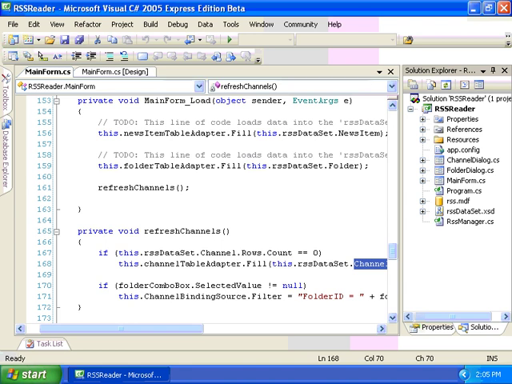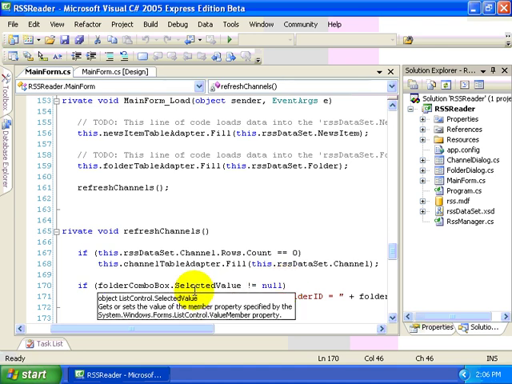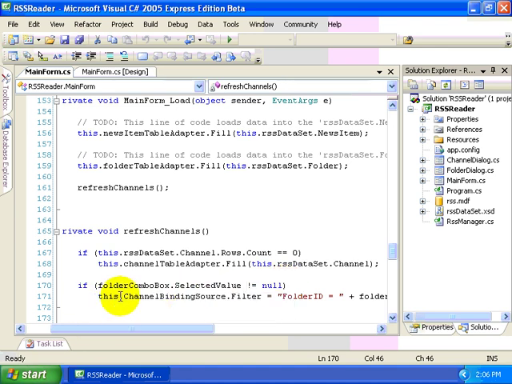So how do we do that? Well, first of all, we need to make sure that something has been selected in the folder combo box. If nothing's been selected, then we can simply ignore this refresh channels method. However, I suspect that this line of code will always fire, but I'm just making sure that nothing bad can happen. So I do a check. If it's not empty, if it's not null, then we want to filter out all of the channel binding source